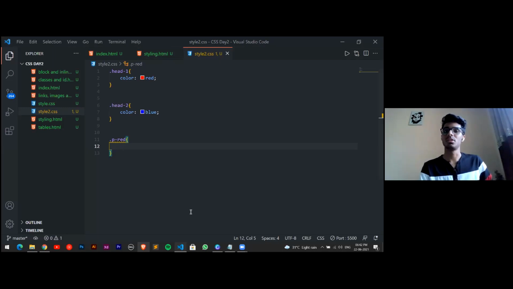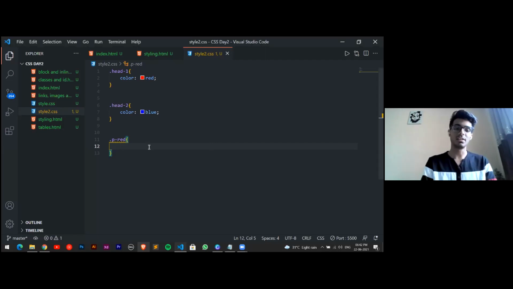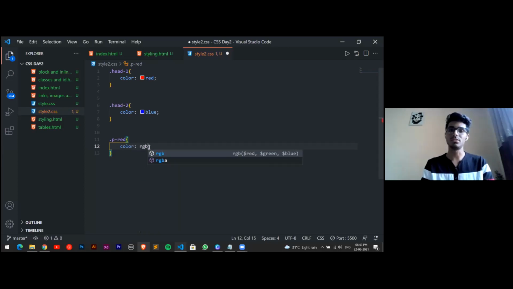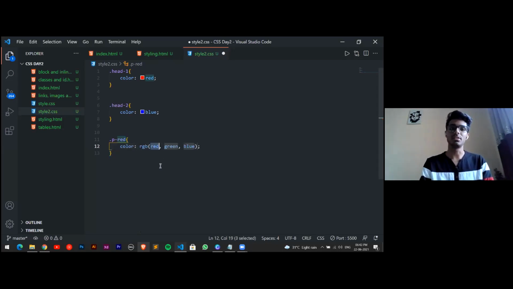Yeah, cool. It's not font color. Anyone else? We'll just write color over here. No need to write font color. Just write color. Provide the RGB value. And as we had said, 255, let's check it.